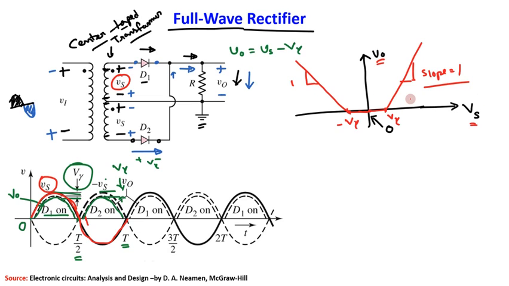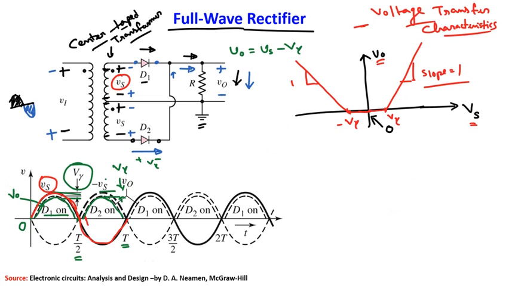So here in this plot, see what we are actually plotting. We are plotting output, V naught, versus input, Vs. So this type of characteristics are called the transfer characteristics, and transfer means output by input. And as we are denoting here the voltage, we should write it as voltage transfer characteristics. Fine.